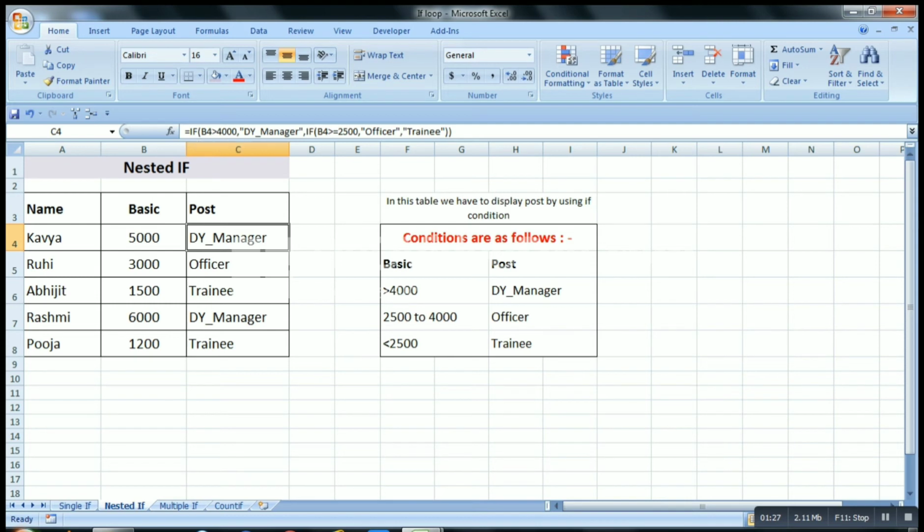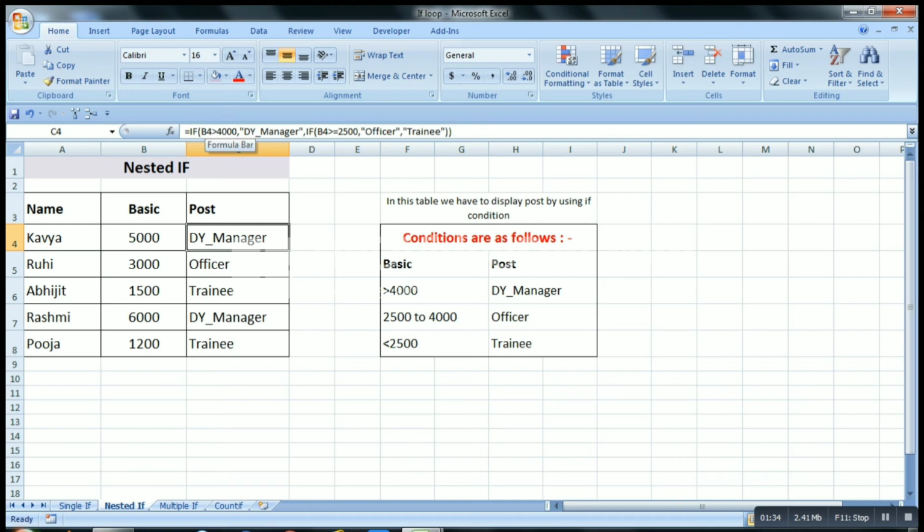Our first condition is B4. B4 value means this is the basic. This is the B column. B4 value means here 5000. Check whether the B4 value is greater than 4000. If it is true, then deputy manager, right?